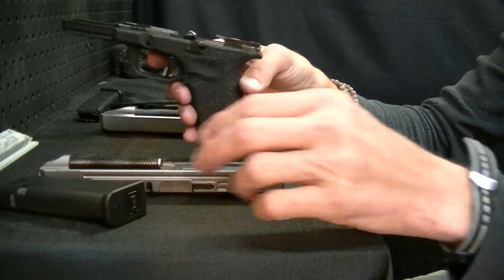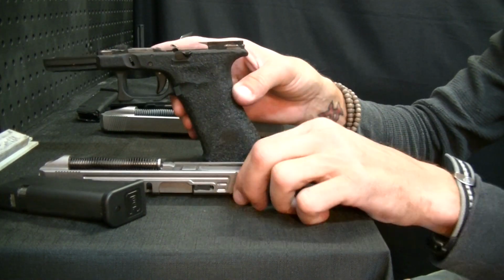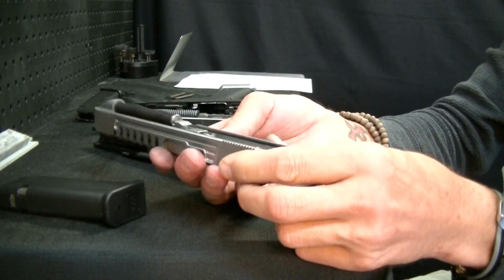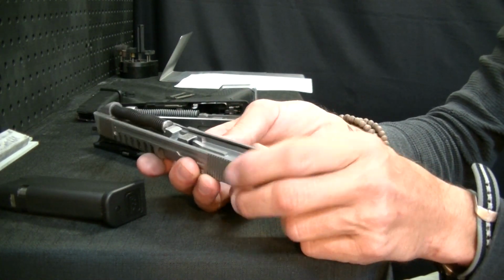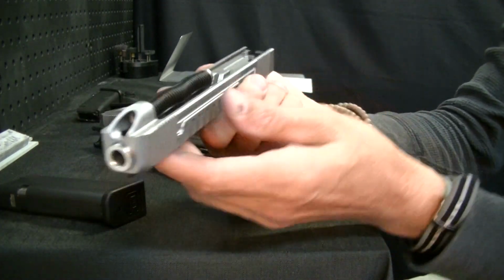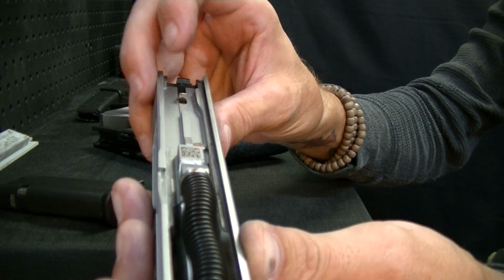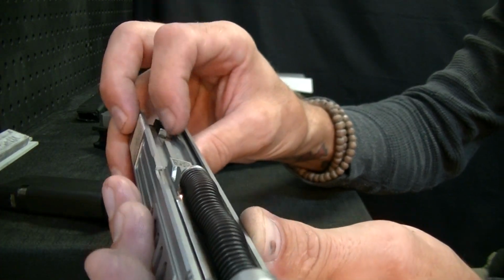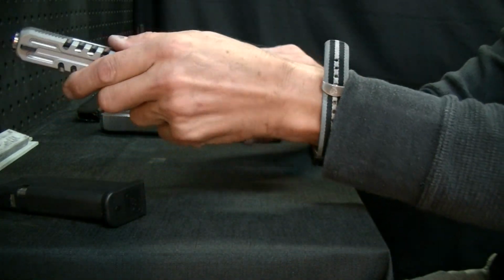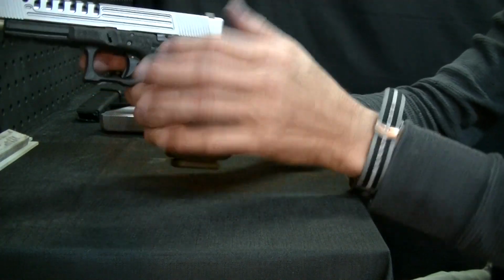Basically, these are two guns I just finished that have my competition trigger kit in it. This is a Gen 3 with a Lone Wolf aftermarket slide. The reason I'm showing this video is because I want people to see that this is a 100% intact striker length. The face of it has been worked, which would really mean this part right here where my fingers are, you can see there's that mirror image on it. So basically, I just want to show you that you don't have to take length off a striker to get